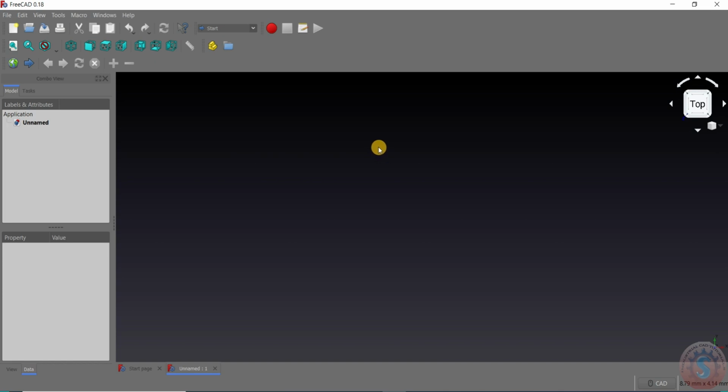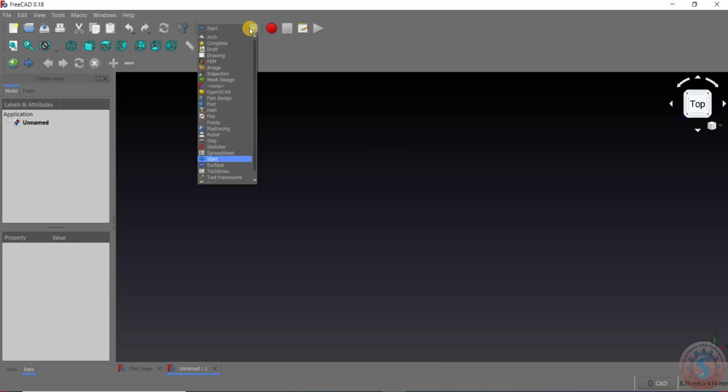You can check out my previous videos, and you can observe the different workbenches there. You can drag these different types of workbenches. The Architectural workbench is there, and Part Design, Path, Ray Tracing, different types of workbenches are available in FreeCAD. This is free of cost software, and you can observe the Part Design workbench and click on Part